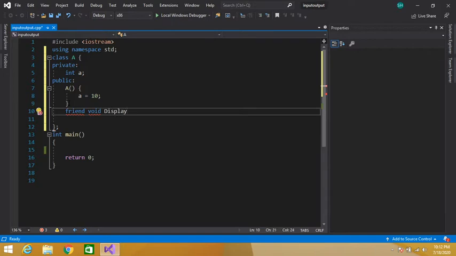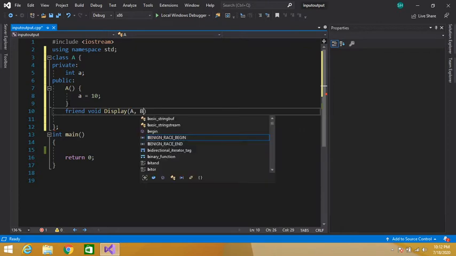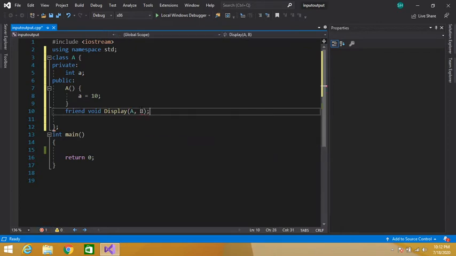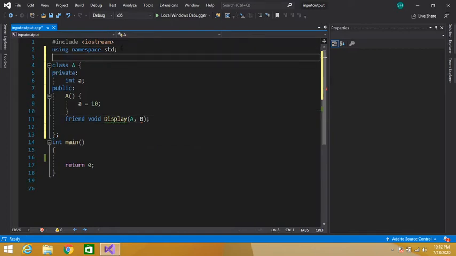And here I will pass two objects, A and B. So, error. Why? Because we have used B, and we have not defined our class B yet. So in order to remove this error, we will simply prototype our class here: write the class keyword, then the name of our class, that is B. So now the error goes away.